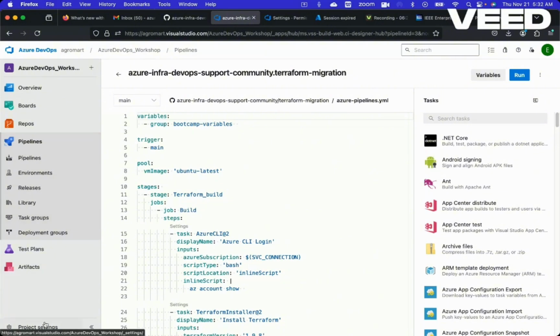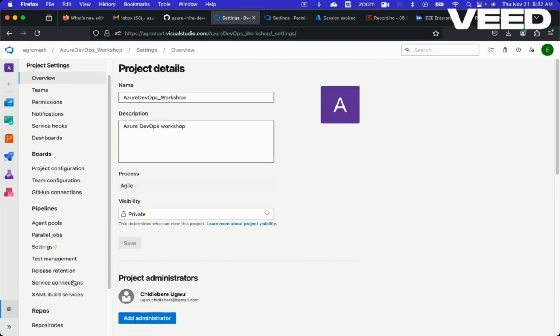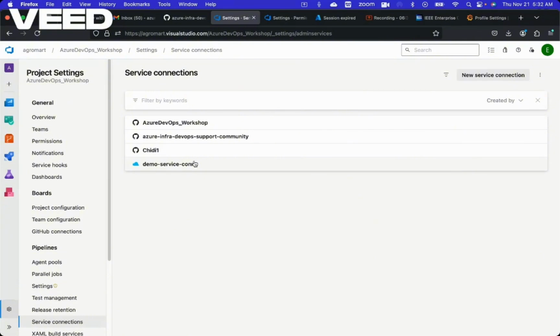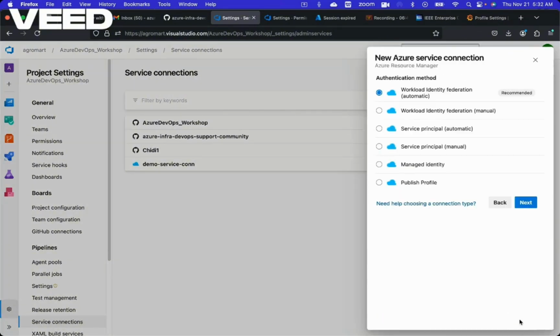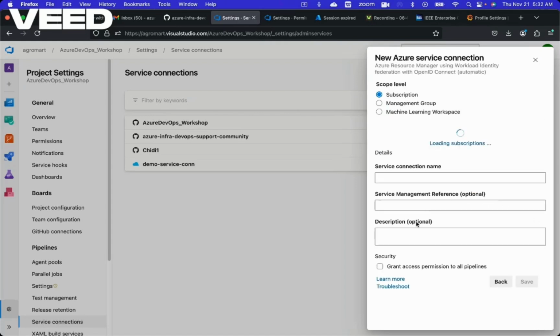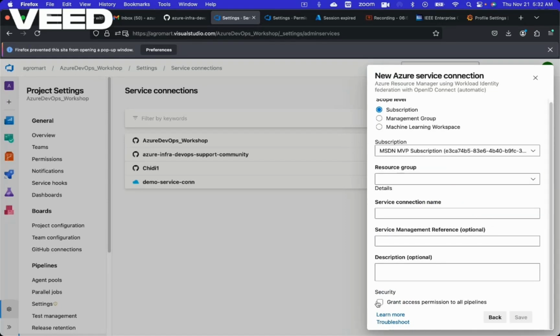If you are creating a service connection in project settings, let me give you an instance where, using an Azure Resource Manager template, you will not be able to grant access to all the pipelines based on the scope. So from this interface now, based on my permission here, even if I create a test service connection again, I'll be able to grant this service connection access to all the pipelines within this project